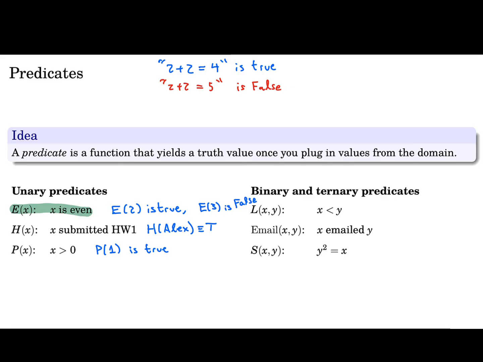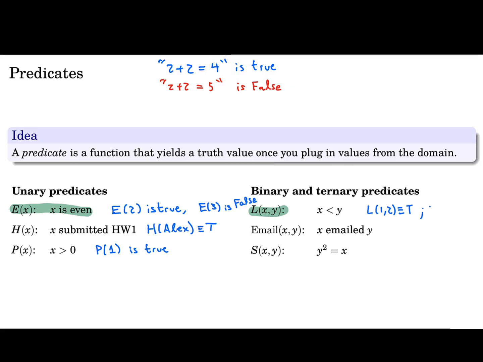Now of course it doesn't need to be the case that it's a function with only one variable. You could have things with more than one variable, right? So if we look here on the right, for example, L of x, y is the predicate whether x is smaller than y. Once again, L of x, y itself, we can't really say anything about it because we don't know what x and y are. But something like L of 1, 2 will be true,